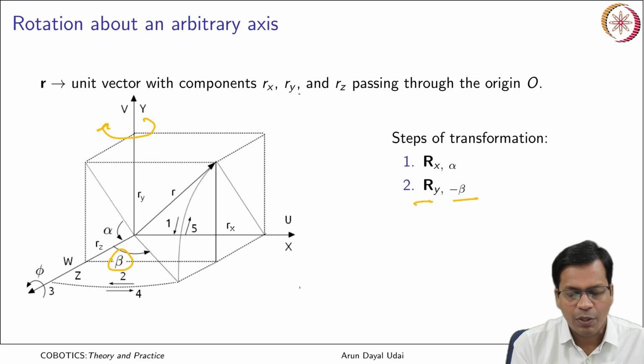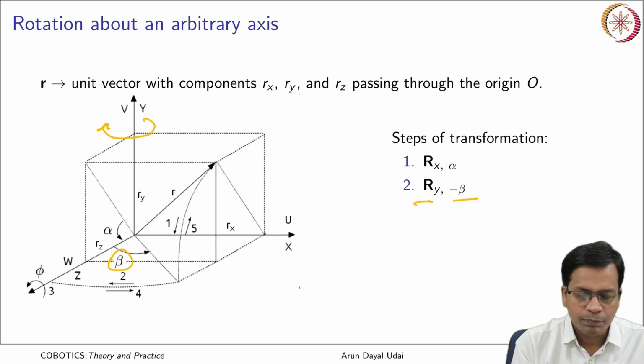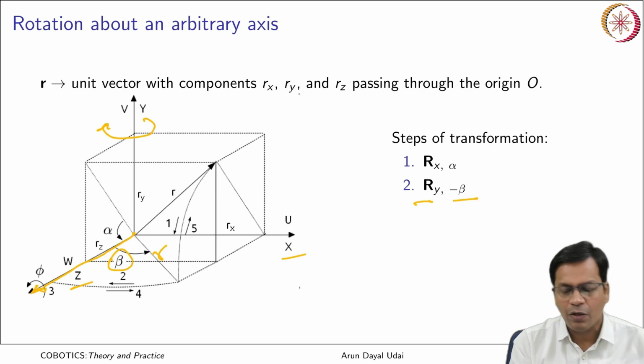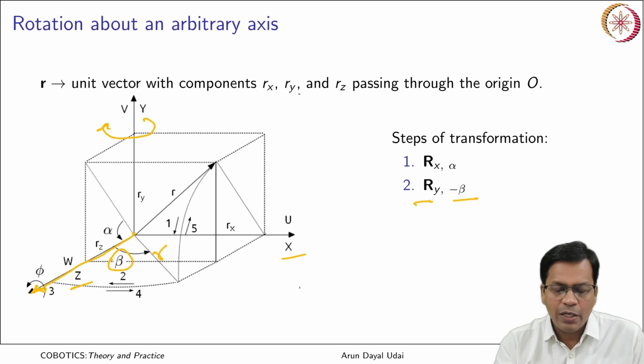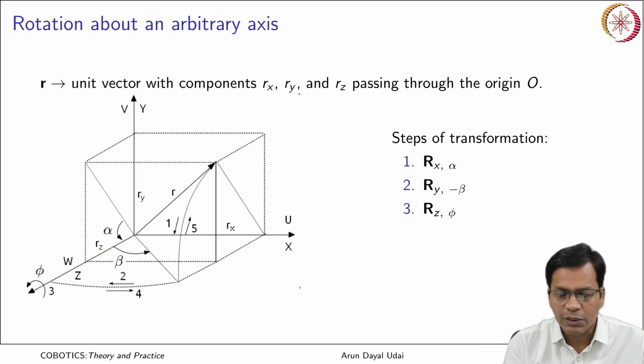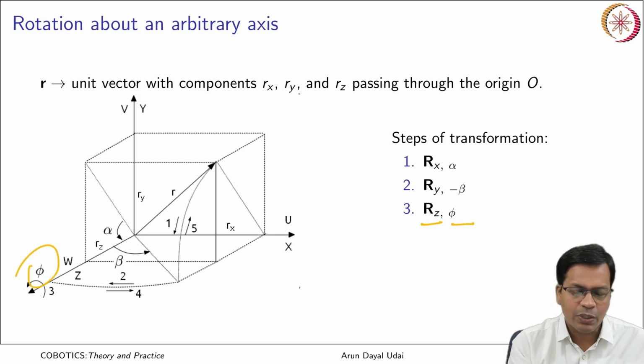This side is positive, this side is negative. So you see, by doing negative beta I can bring the R, which in the first step came to the zx plane, so that it now gets aligned with this. So now R comes finally along z axis. Now I will do the desired rotation, that is rotation about z axis by an angle phi. So this is the desired rotation. What I did, I brought R from here to here and finally to here, and did the rotation.